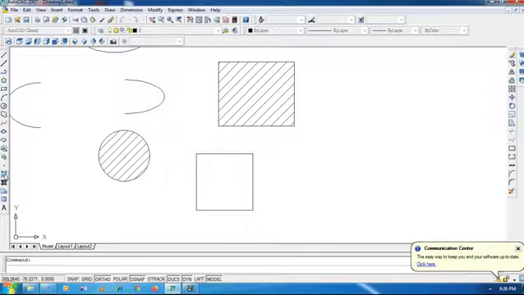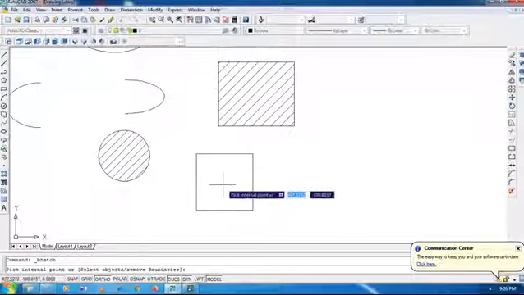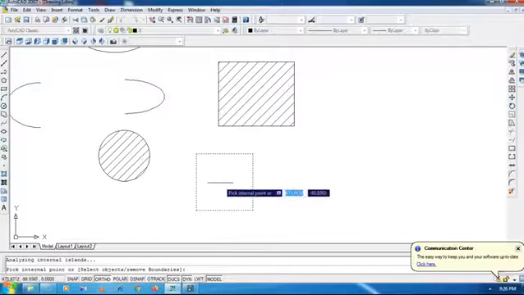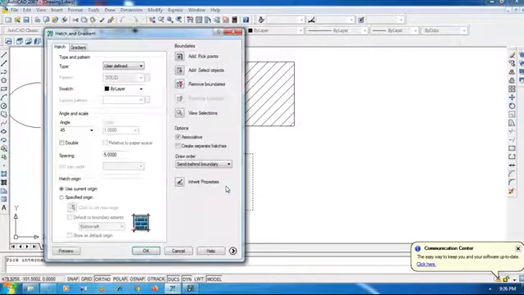Okay, so this is hatching. We have selected user defined, pick points. Now we have just selected the inside, enter, spacing 5, or we can select 7, preview.